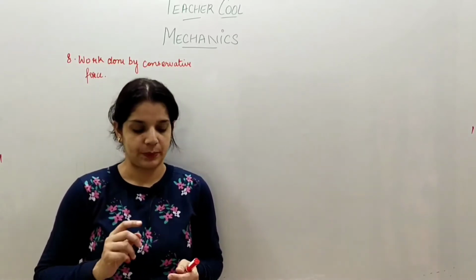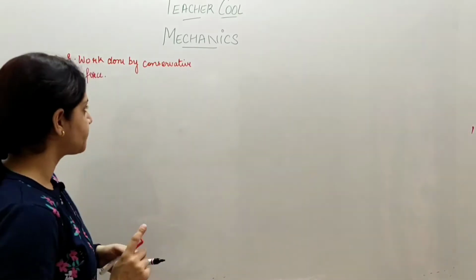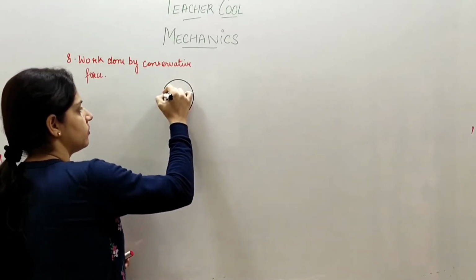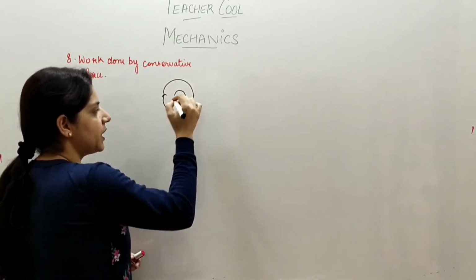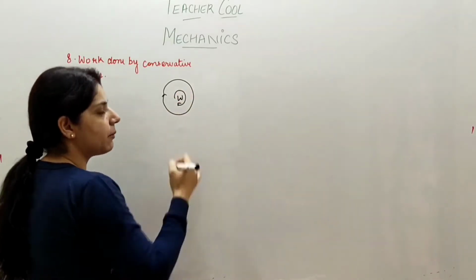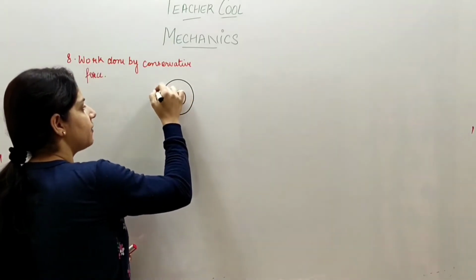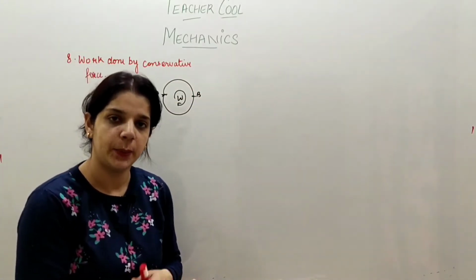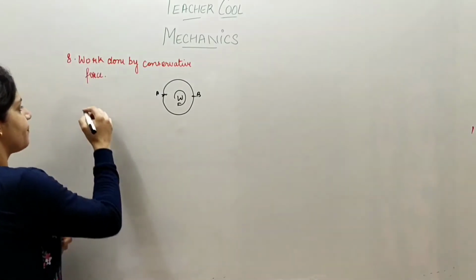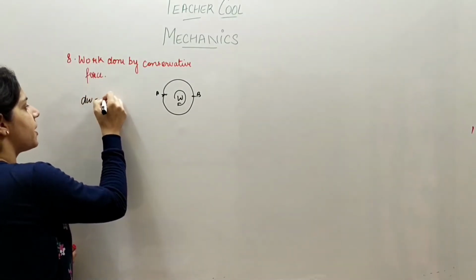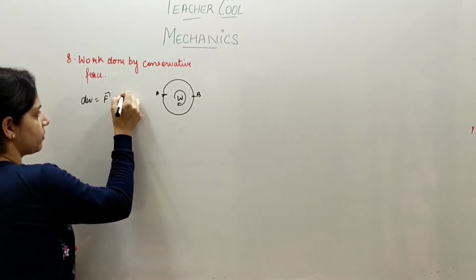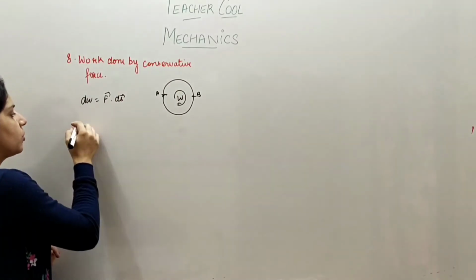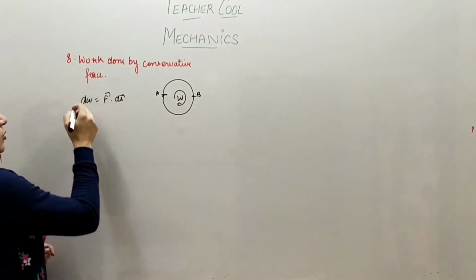as a conservative force. So what I'll do is, for a conservative force I'll consider a cycle along which work is being done. There is some amount of work done W, and what I'll do is I'll divide this cycle into 2 points A and B, which are exactly the opposite end. So what I'll do is dW is given as force into ds vector, where F here is my conservative force. So the total work done by this force